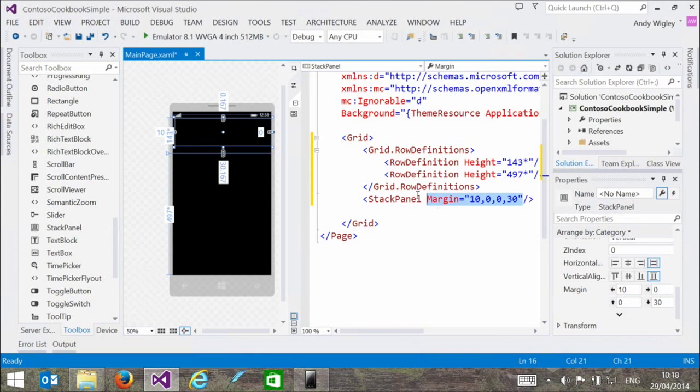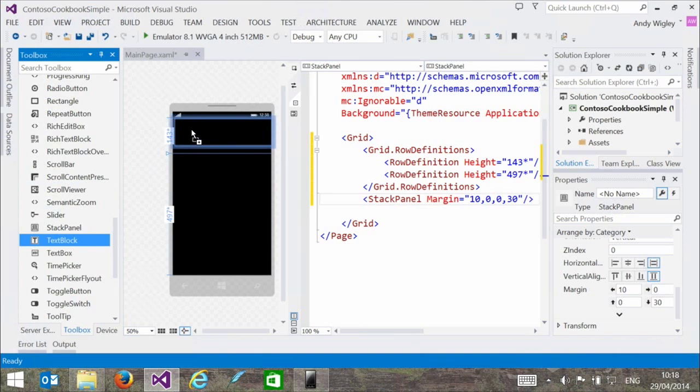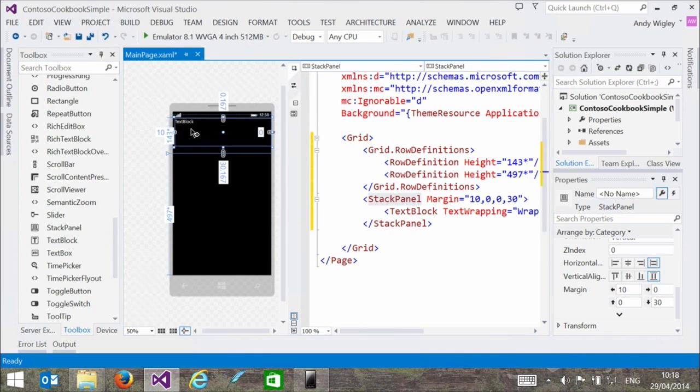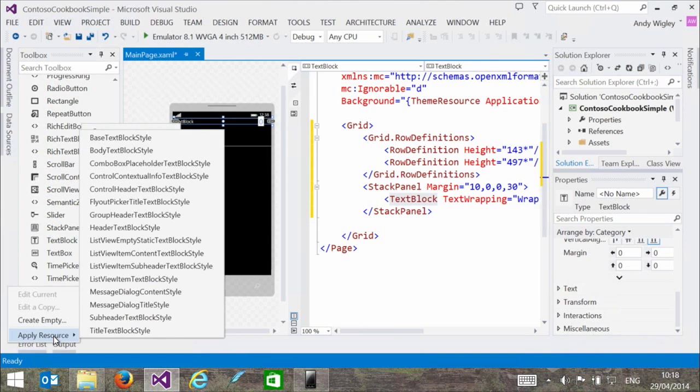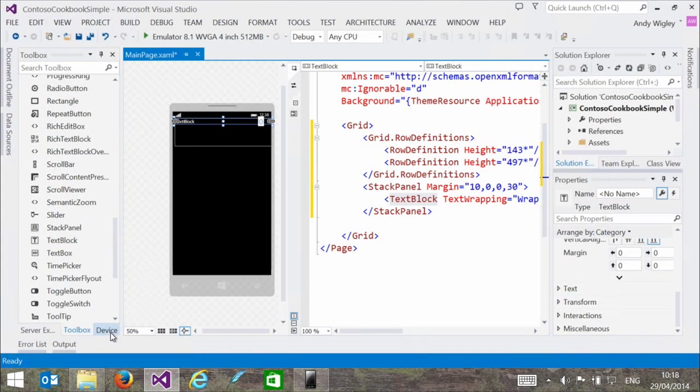Then I'm going to get a text block and drop that onto the stack panel. So it's positioned up in the top left corner. I'm going to resize that so I can right click on it and say edit style, and we get loads of built-in styles. So I'm going to use one that's going to make it nice and big, which is a title text block style.